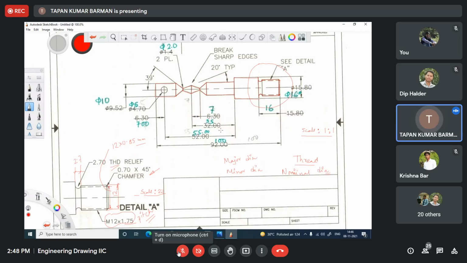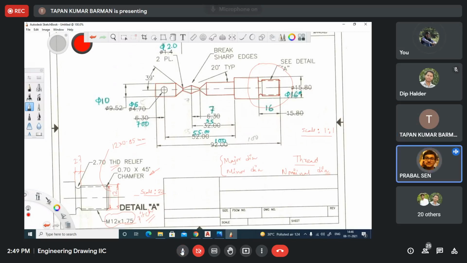So basically, I think you did not learn different types of threads in your drawing class, right? Have you learned that thing? No, sir. Nut, bolt, stud, these components. Do you know these components? Yeah, know this component. Probably, I think in the workshop class. Workshop class, you learned some of the terms of a thread.